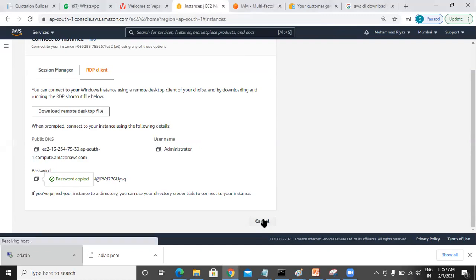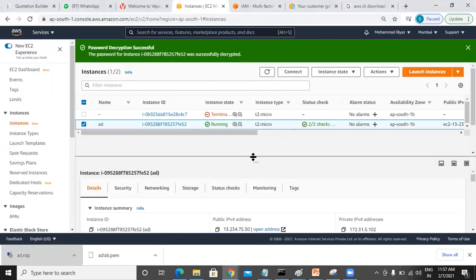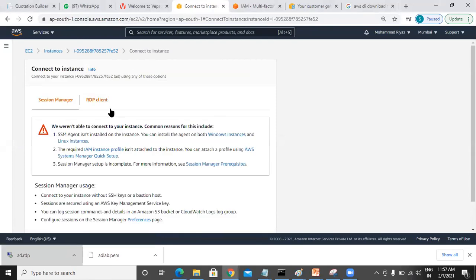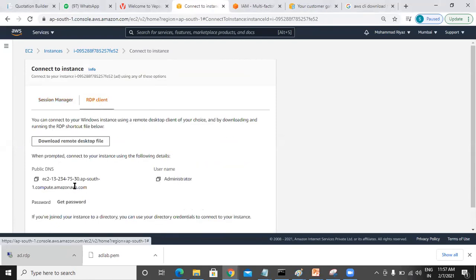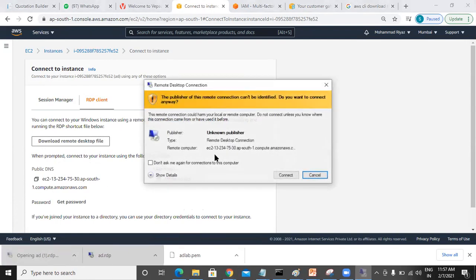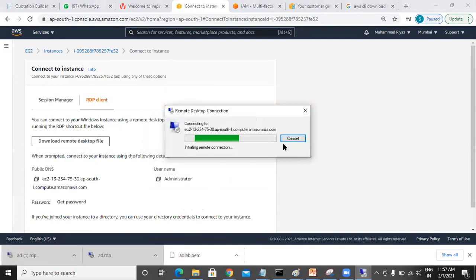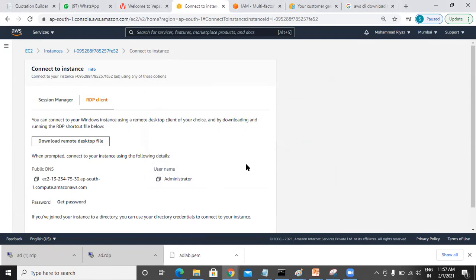Once the AD is completed, it will take some 2-3 minutes to come up. Then only we can do the DNS configuration. So it's coming up. Just wait for a minute.